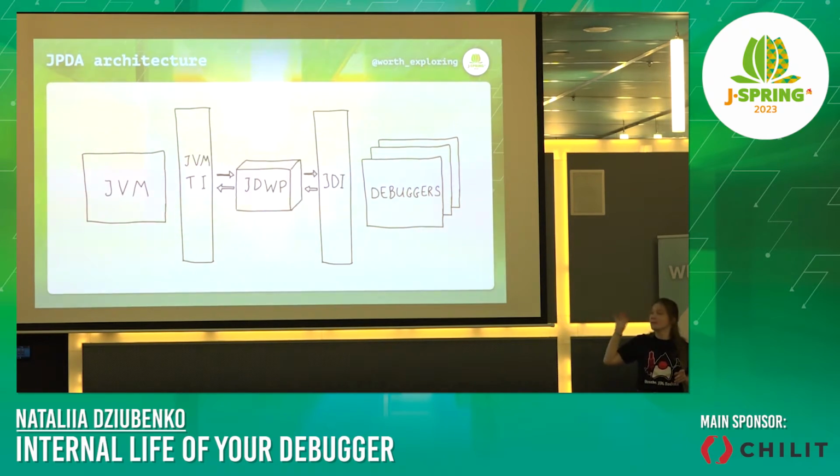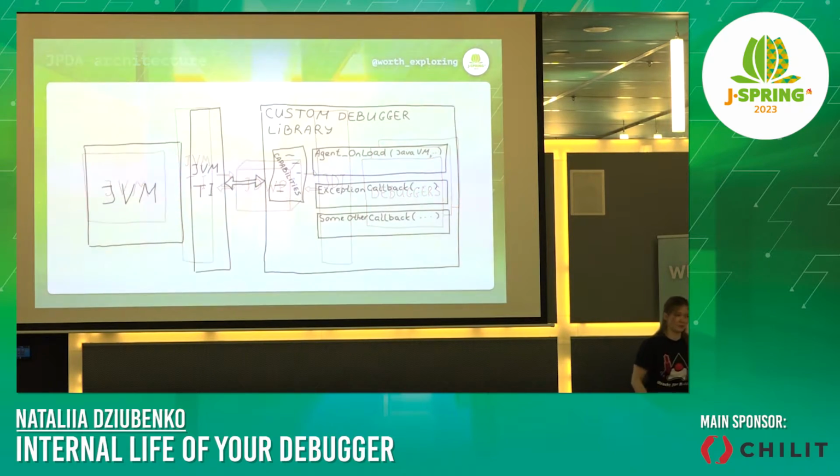It is sending packets that are called JDWP packets. And this is a protocol called the JDWP protocol. It is over TCP. Your JVM can even be on a different machine. And this JDI under the hood is exchanging packets, not with just the JVM, but with a specific interface that the JVM exposes for monitoring and debugging information, and this is JVM TI. There is another way to build a debugger, where you create a library in C,